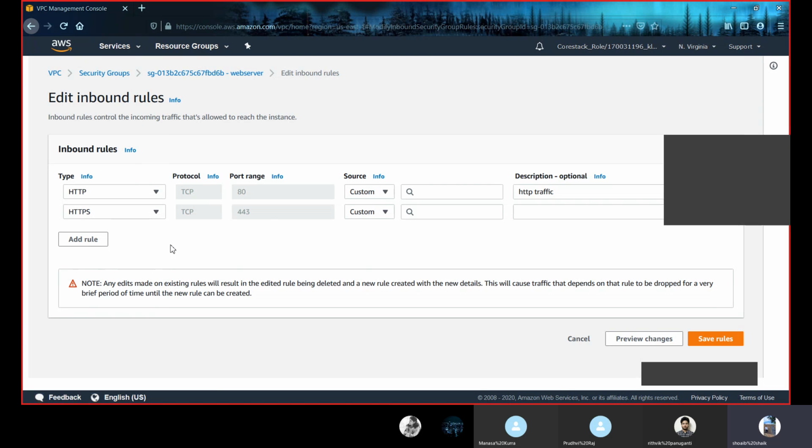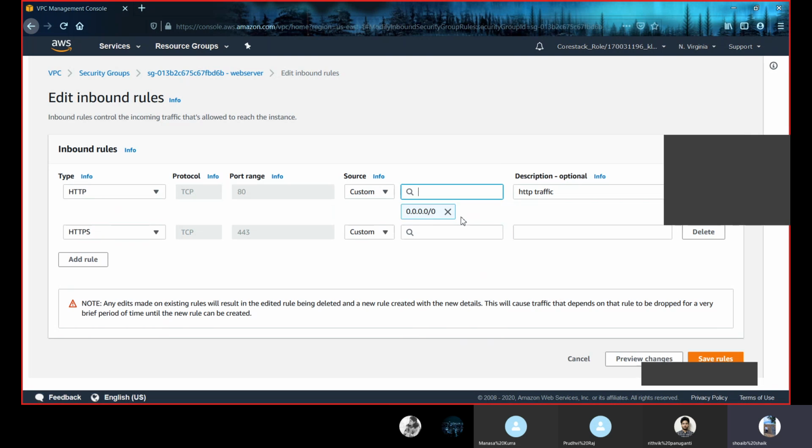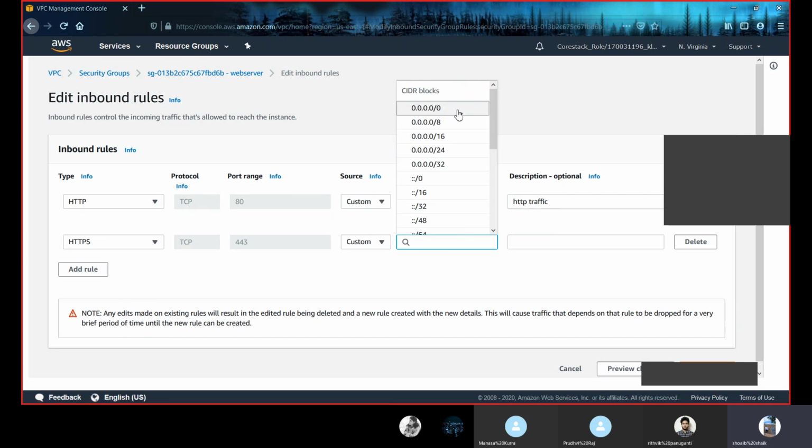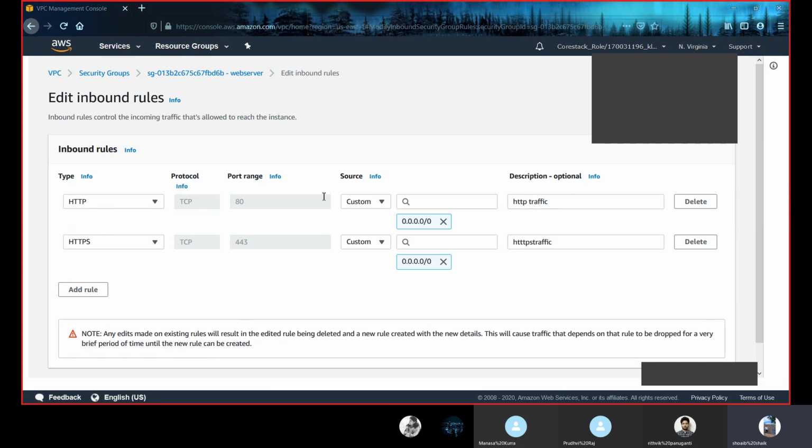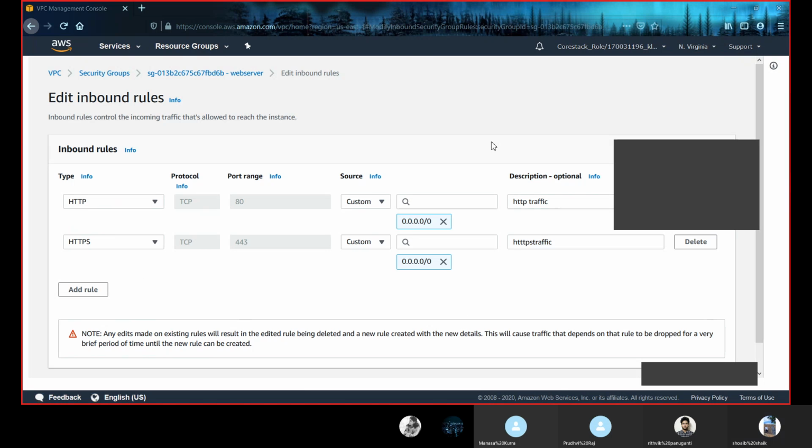Here it is. In description, I'm giving HTTPS traffic. Now, as you can see here, we defined inbound rules for our web server security group, those are HTTP and HTTPS.